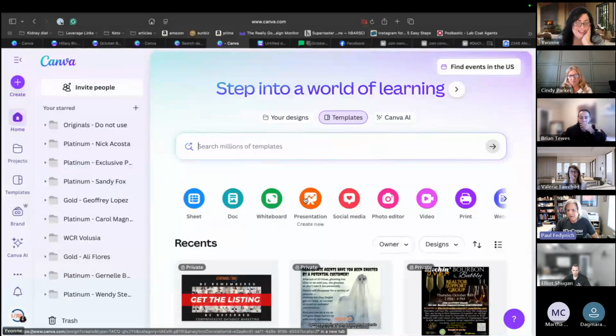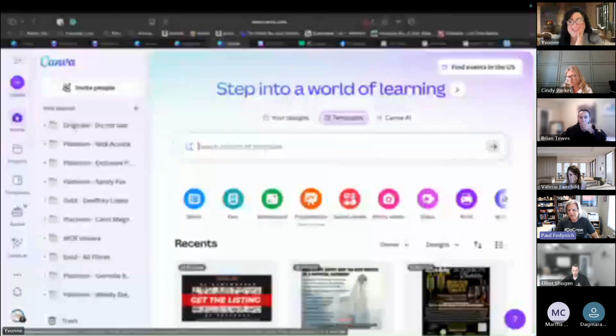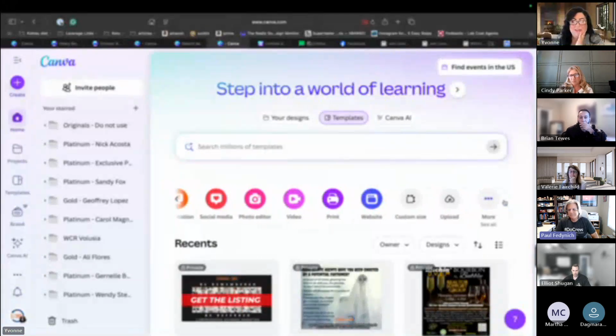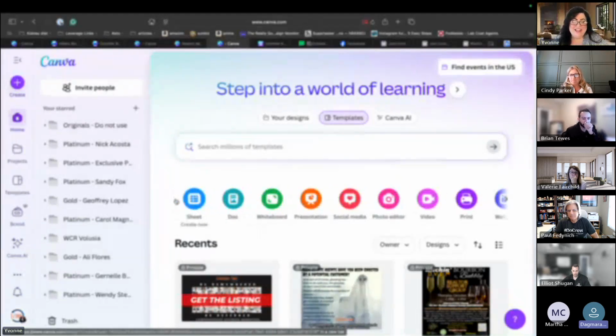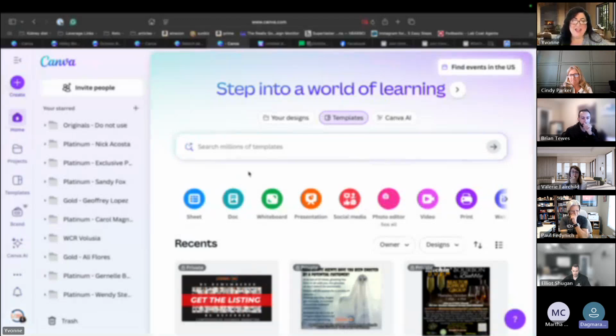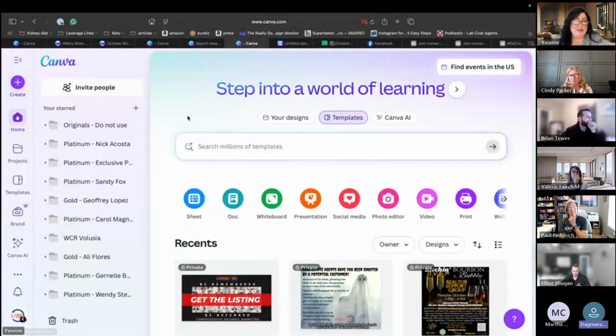So I know Dagmara's got her hand up. Dagmara, you got a question? Hey, Yvonne, if you could go through some of the basics. If you look on the Canva screen, on the left-hand side where you have options, you have elements, you have apps, and so on.